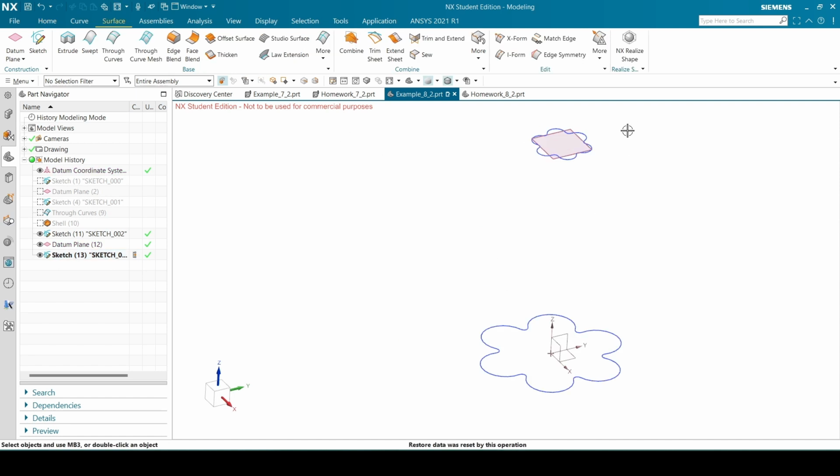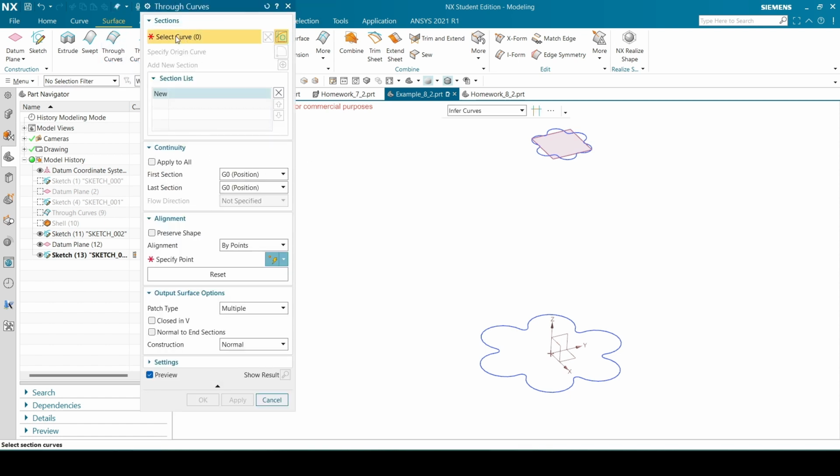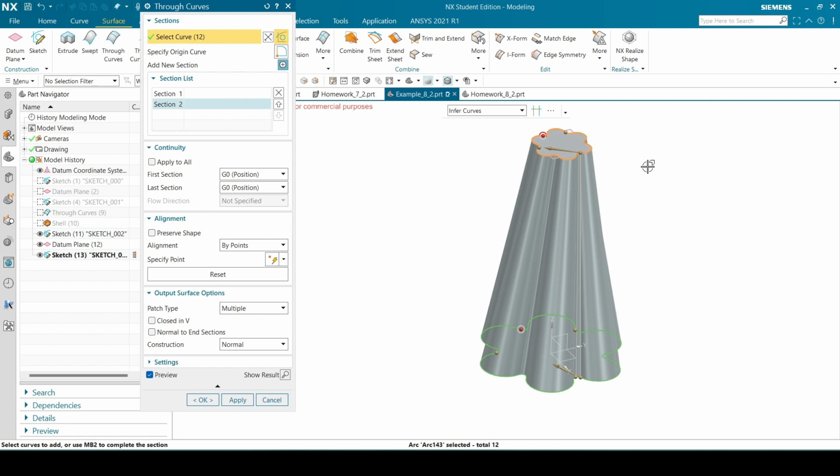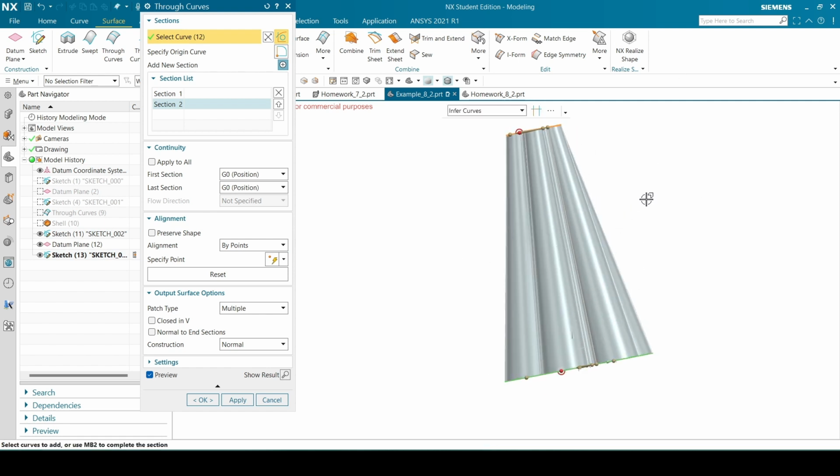Now that the 2 sketches are drawn, I'm going to use the through curves function. I'm going to select this bottom curve here at this point, and then I'm going to add a new section, and I'm going to select the top curve. Okay, so it created this kind of twisted